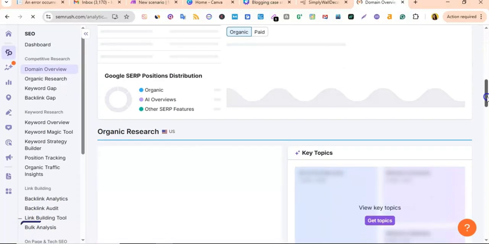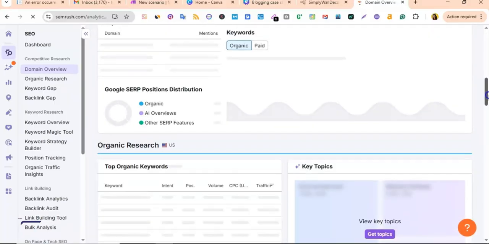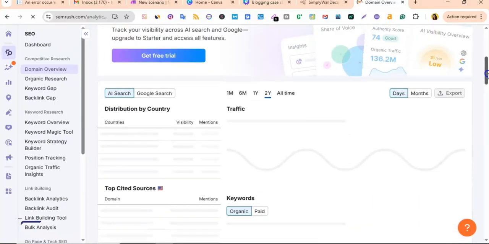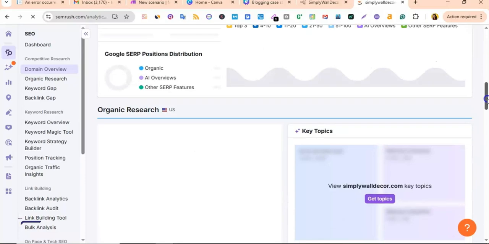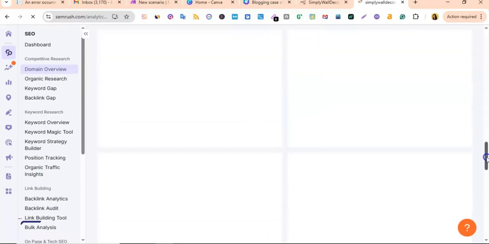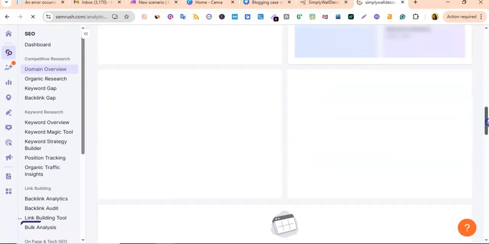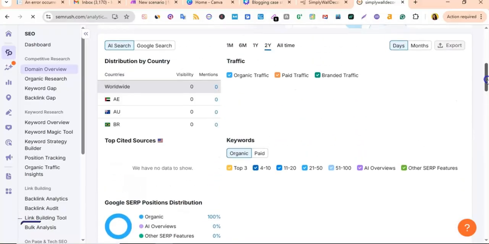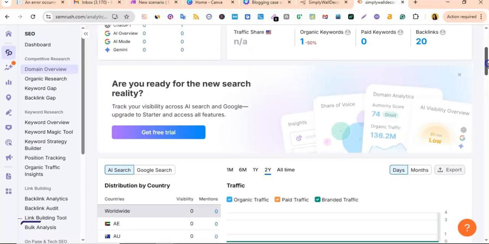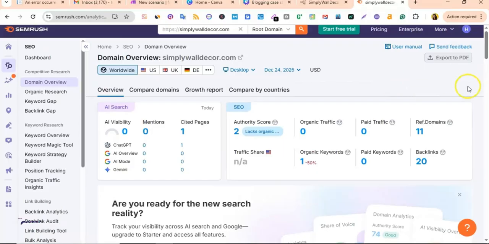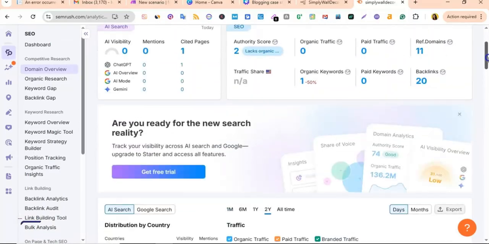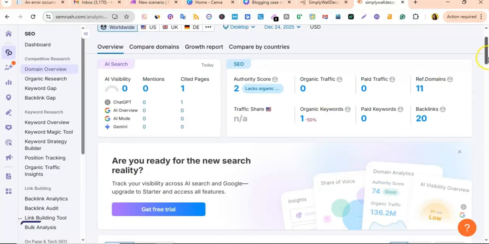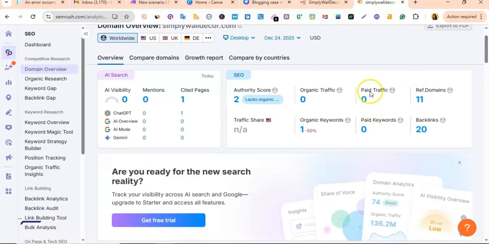Also, the main thing is, you can check out what type of content they are producing. Like, it's informational, it's commercial, it's navigational. There is another intent, which is transactional. So these are the four main keyword intents where people basically search. If they want information, they come and read the information. If they want to buy something, they go and buy.